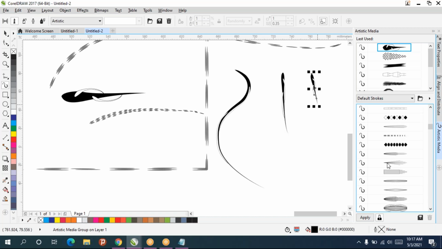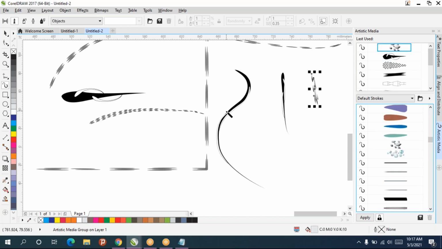If you keep on scrolling down, we'll get some templates, clip arts and all. For example, stone. This kind of stone and all will get.